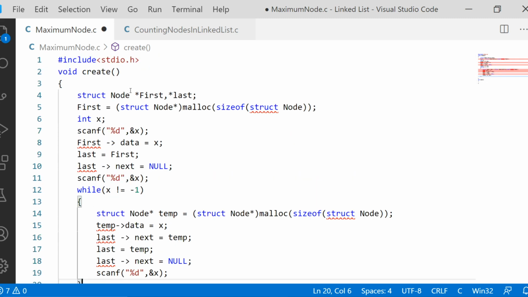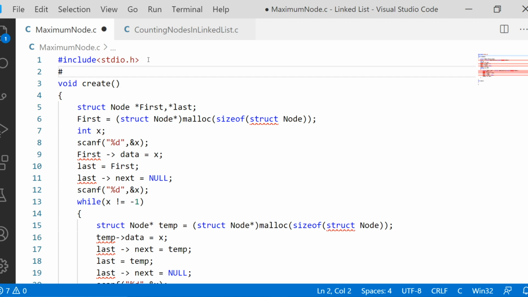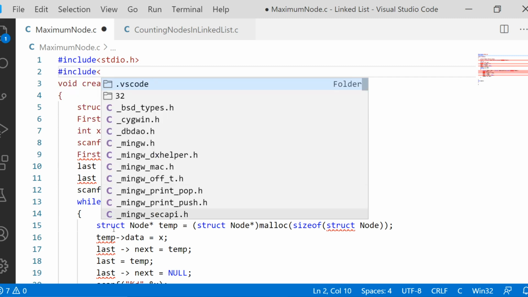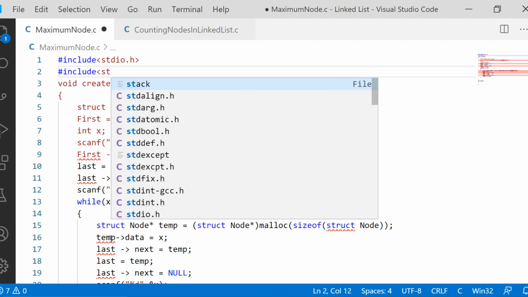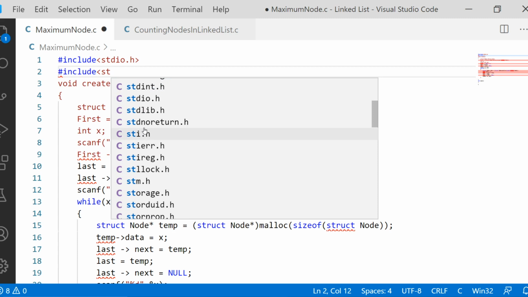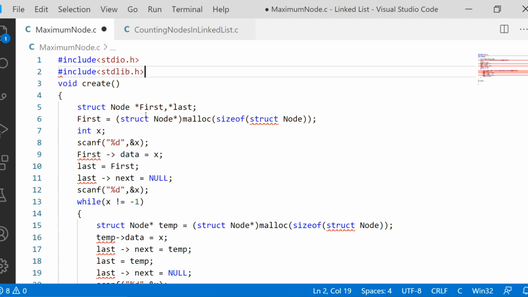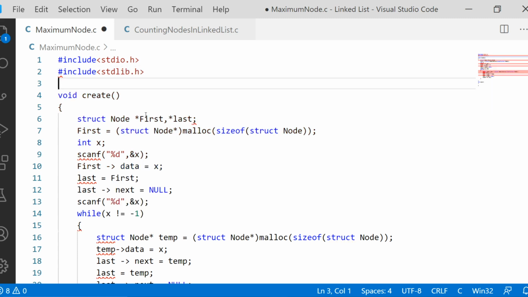Right. So now one thing that we want is stdlib.h. So far we have not included it, because for malloc usage we should be using stdlib.h. Okay, stdlib.h, and then we also should declare the node structure.